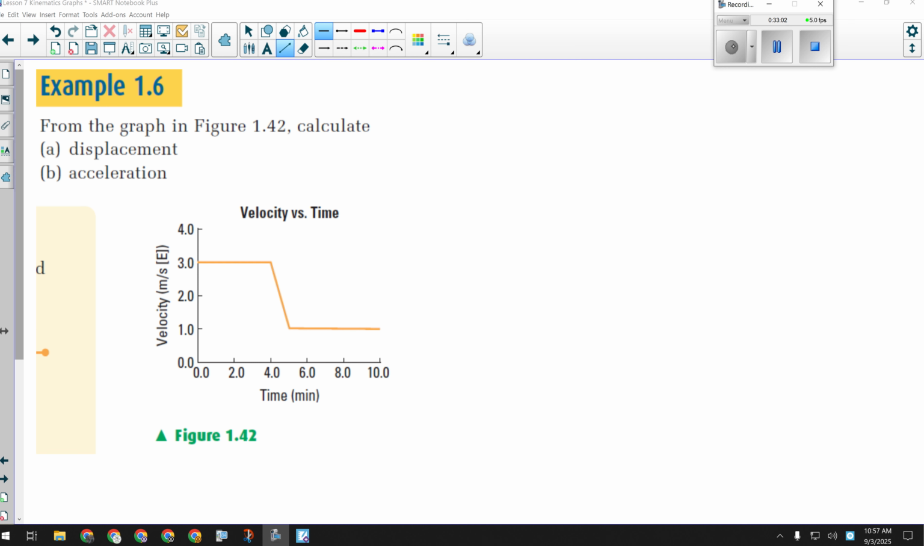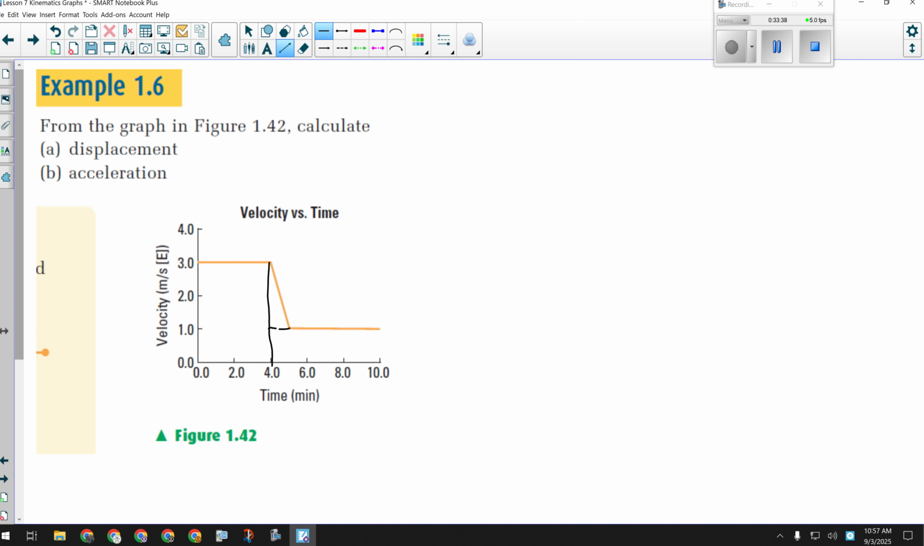Okay, so the first part wants to know the displacement. And part of doing that is recognizing what's the object doing in the 3 parts of this graph. Obviously in the first part, it's traveling at a constant velocity of 3 meters per second for 4 minutes. And then it does what? Slows down. So there's an acceleration part here, which means it's going to be going a bit slower, but I know that I can calculate the displacement during that part because I have the initial and final velocities,